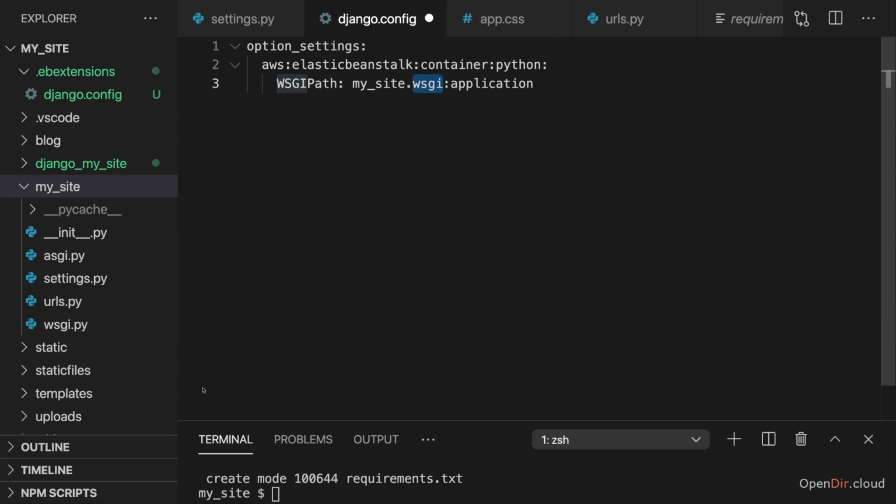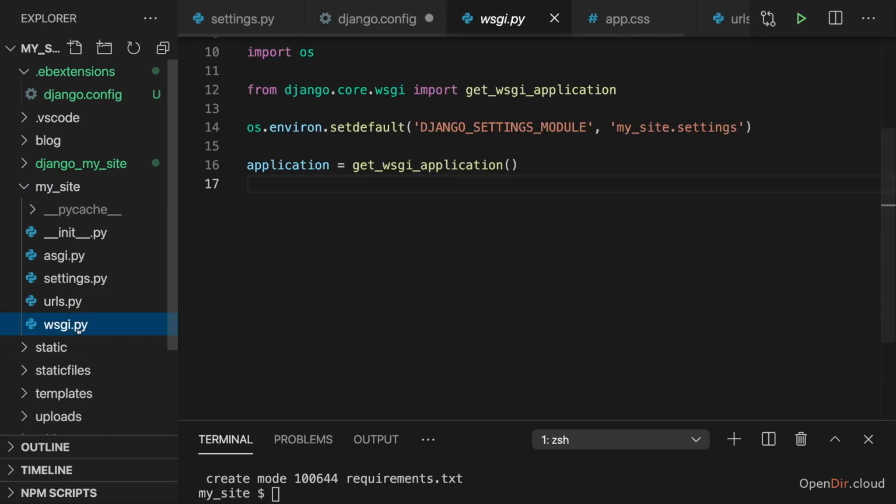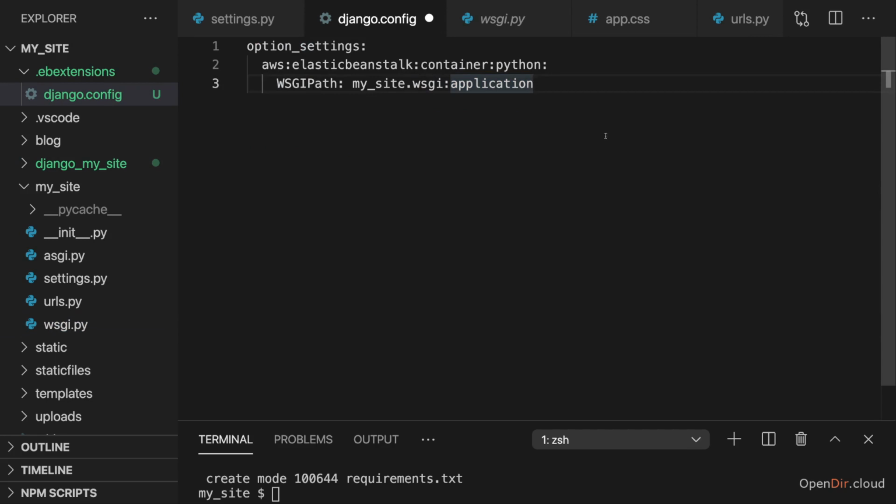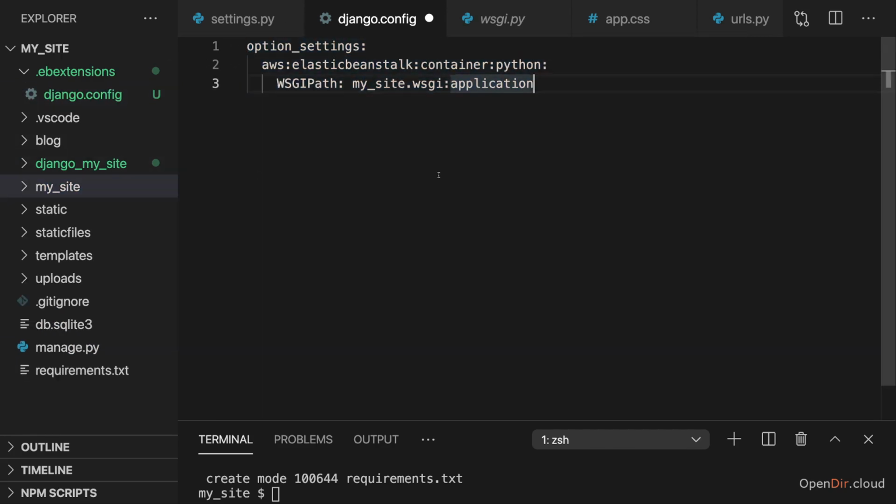We're pointing at this file here, basically telling Elastic Beanstalk that this will be our entry file to which any requests should be forwarded. So in here, we then have this application key, and that's in the end what we point at here. And therefore, all this config file does in the end is it tells Elastic Beanstalk that incoming requests should be forwarded to that file and that Python object in there. Then save this file,